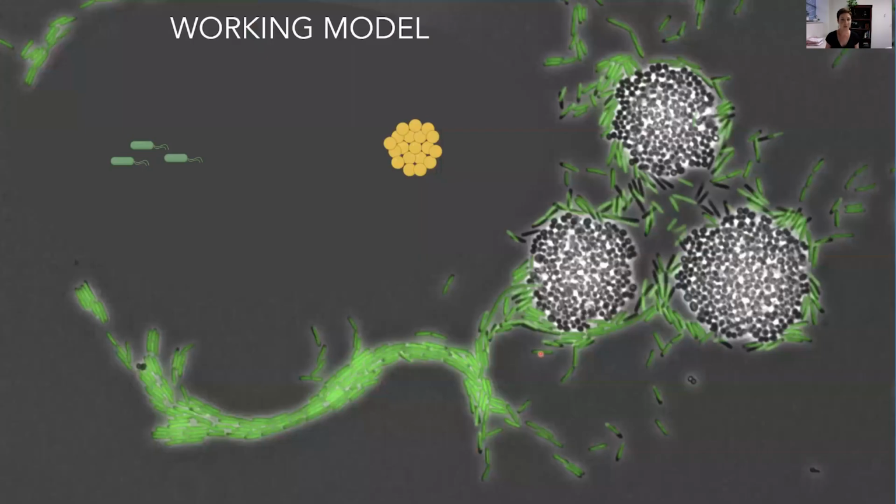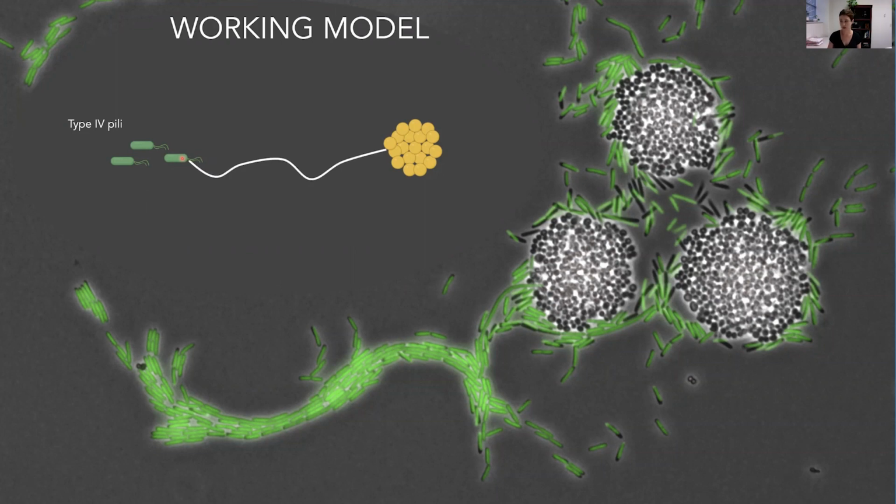So a lot of what my lab is working on now is trying to understand this behavior. We want to know how it is that Pseudomonas moves towards staph, and what it is that staph is secreting that Pseudomonas is able to respond to. I don't have time to tell you all about this today, but I'll tell you a little bit about what we know. Even though Pseudomonas can move by flagella and type 4 pili-mediated motility, this behavior is primarily driven by the type 4 pili.